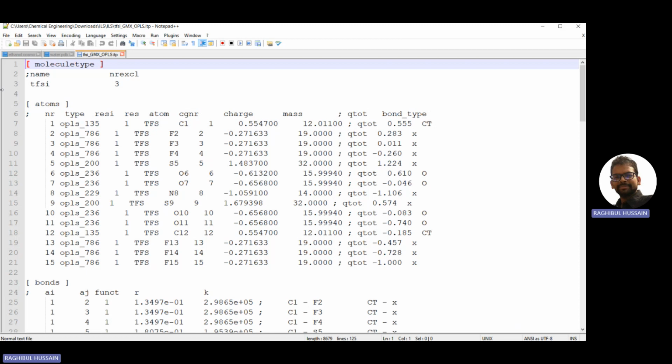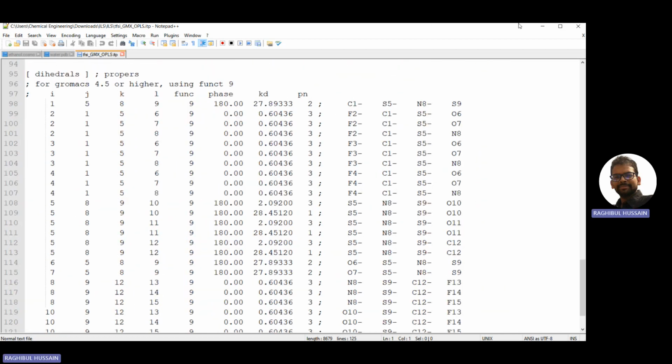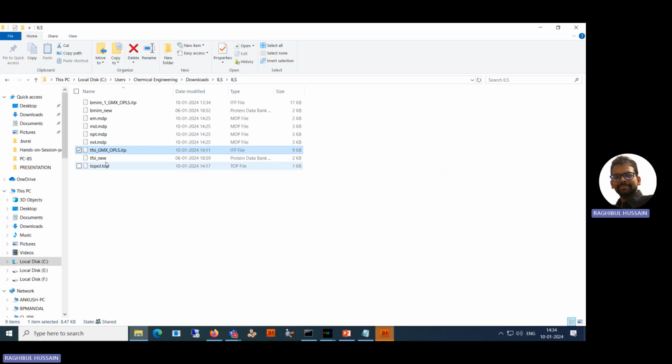And you can search on the GROMACS website. The details of the force field zip file format are also given there. If you want, I will share it after that session. Okay? Which force fields are available in GROMACS by default, you have to read that way. In a similar way, I updated this one and created it. So after creating this,